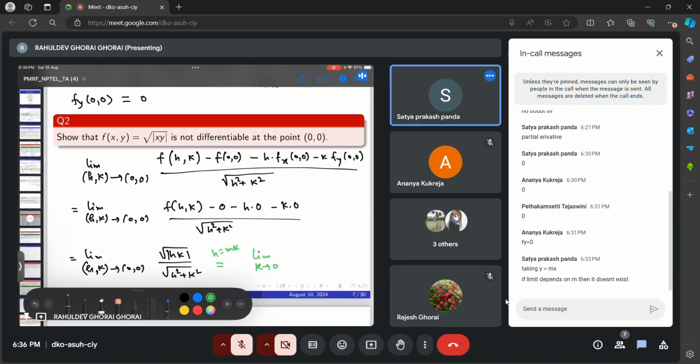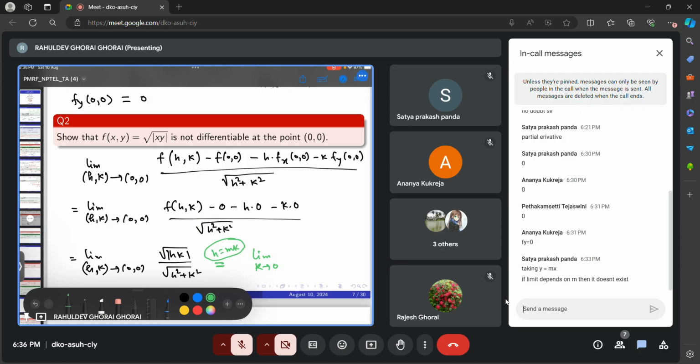Exactly. If it exists, that's why I'm telling you. That's why I took the path like this, h equal to mk path. And my equal signs are now in a different color also. You see, okay, so try to interpret like this. It does not exist, of course. So that's what we are showing. We are going to show that the limit, if it exists, will be equal to